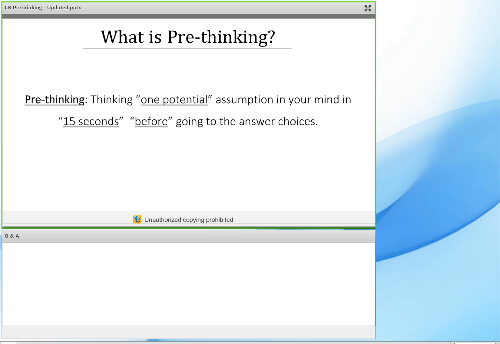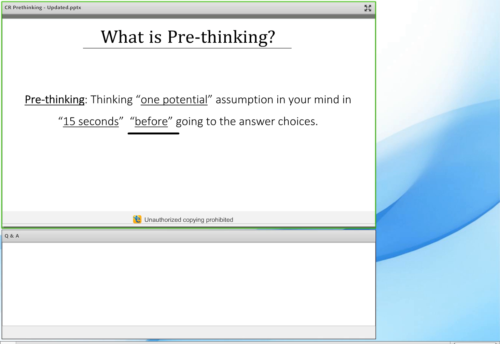So before we do that, let's look at a definition of assumption. What is pre-thinking? Pre-thinking is thinking of one potential assumption in your mind in 15 seconds before you look at the answer choices. The three elements in there are very important. I'll start with the words before looking at the answer choices. You pre-think an assumption before you even look at any choice over there. Why? Because the moment you start looking at answer choices, you can